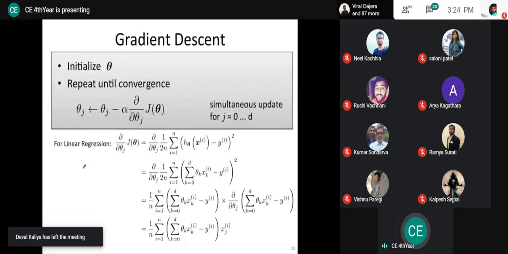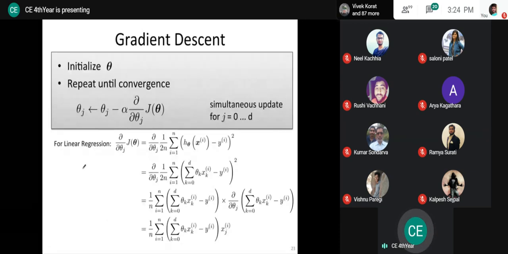So I hope the calculation is clear. Basically, it's fine if you're not able to remember all these concepts. Ultimately, I will share this slide, but you must be clear with the concept of what exactly we are doing. It's fine if you don't remember the exact final answer of this gradient descent, but you should be clear with the equation of hypothesis, the square error, why we are considering the square error, why the local minima problem is not there, why we are considering this partial derivative, why the negative sign, and so on. So you must be clear with that concept.